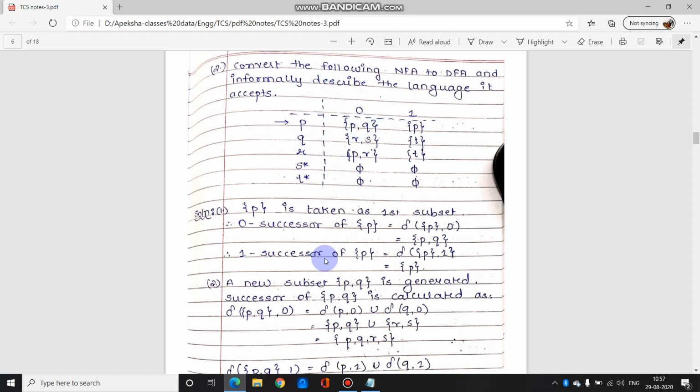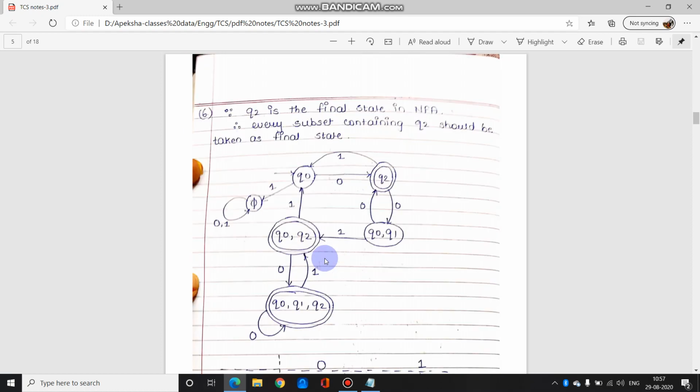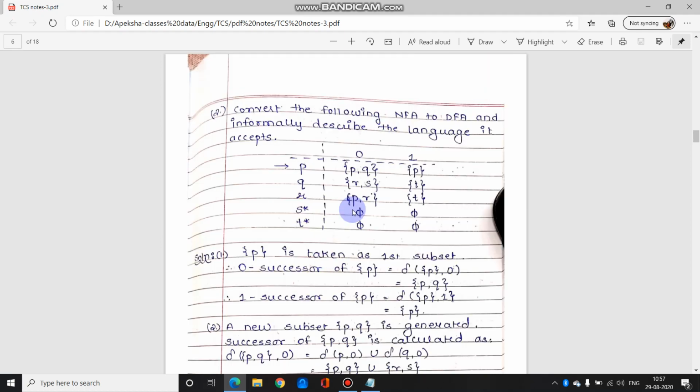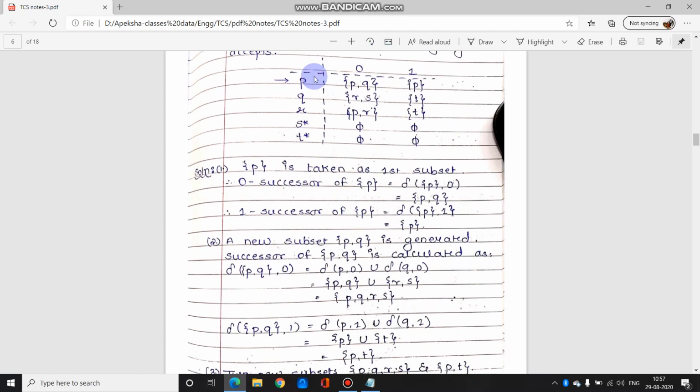Over here I have not drawn the intermediate diagrams, but you have to draw them. Just as we followed the detailed diagrams and steps in the previous sum, you will have to follow similar steps in this sum as well. So over here the given states are P, Q, R, S and T, where S and T are your final states. The input transitions for 0 and 1 are as shown for the respective states.